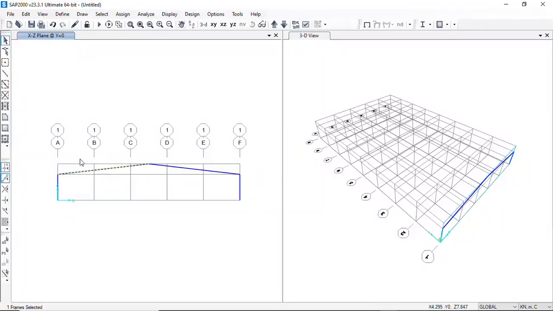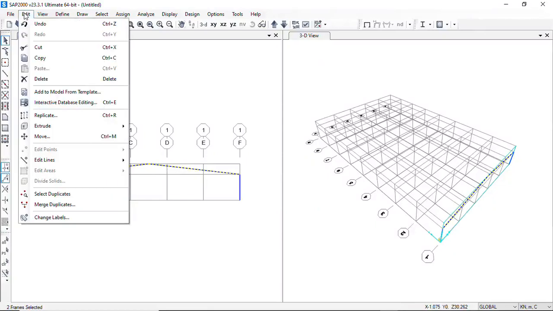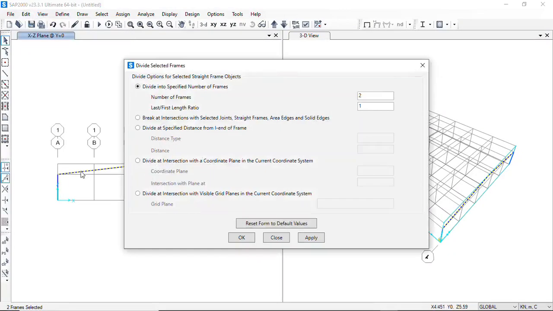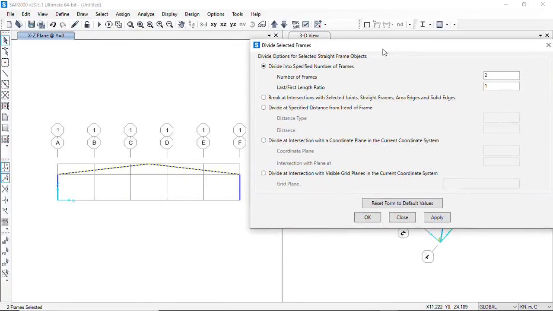Simply select this, go to Edit. From Edit, go to Edit Lines and Divide Frames. So I want to divide this frame. There are different options. Divide into specified number of frames. You can see I want the number of frames. The last/first ratio is just 1. Leave it on 1. How many do you want